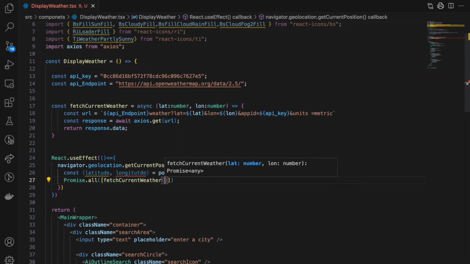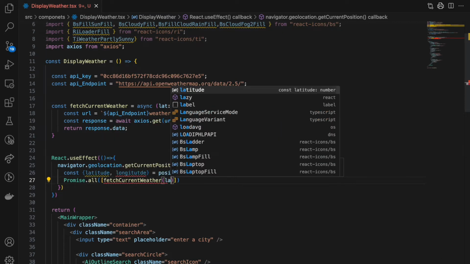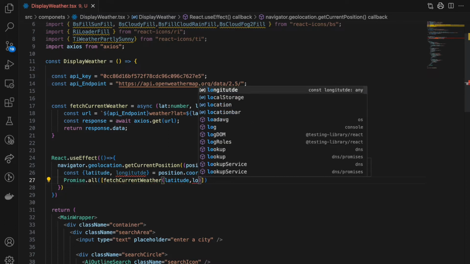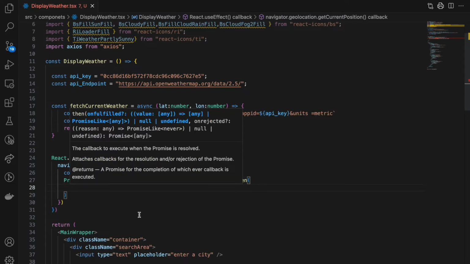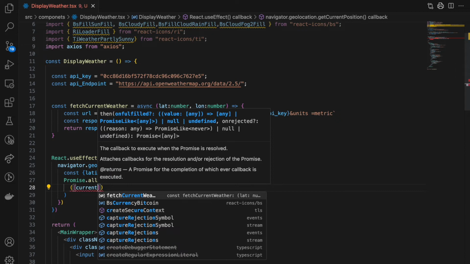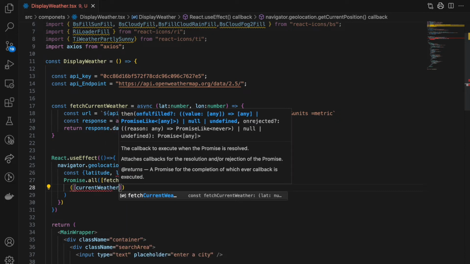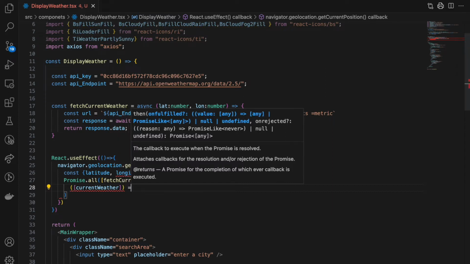So what are we passing? We're passing those two parameters. We're passing the latitude and longitude to this function here. So that takes latitude and longitude. Once that's done, what we want to do is then .then, and we can destructure the current result, so currentWeather from here,